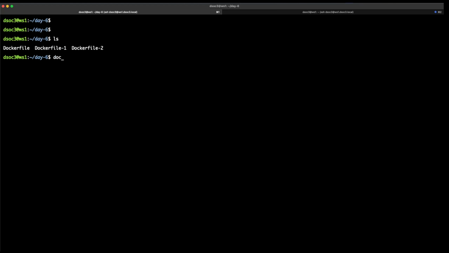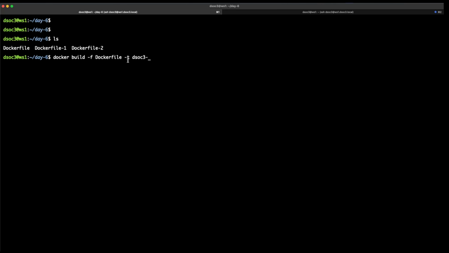In that case you can simply say docker build -f and the Dockerfile name. If your file name is different or the same, this command still works. Okay, so it interprets that all the Docker instructions you are referring to are in this Dockerfile. Okay, and then I need to provide a tag, so -t, and after that I say DSOC3, and this version,